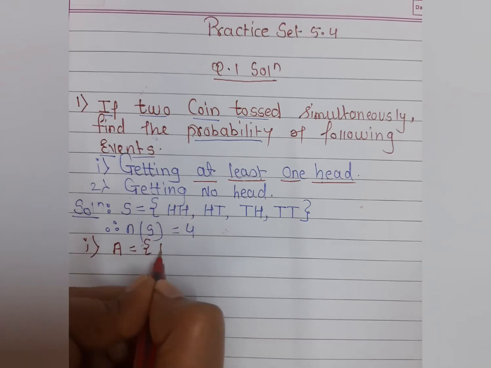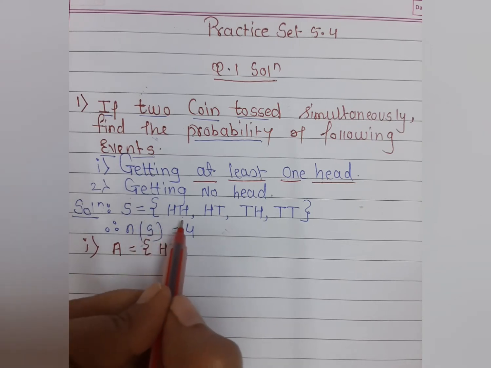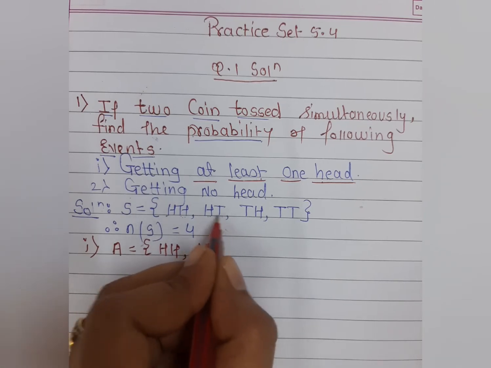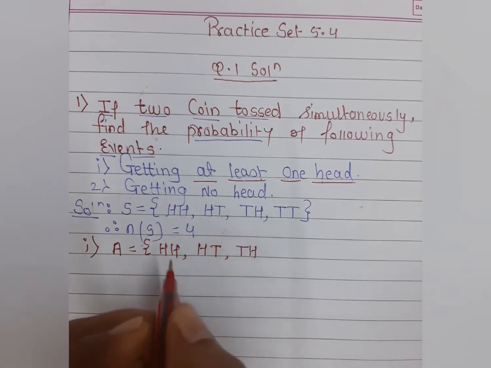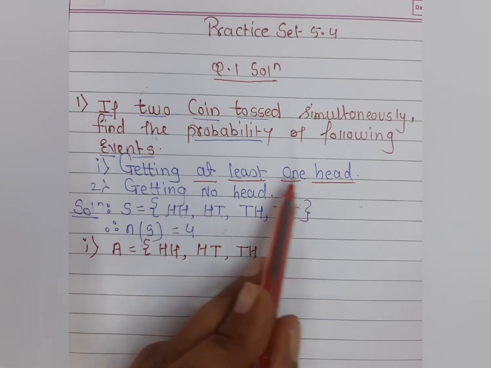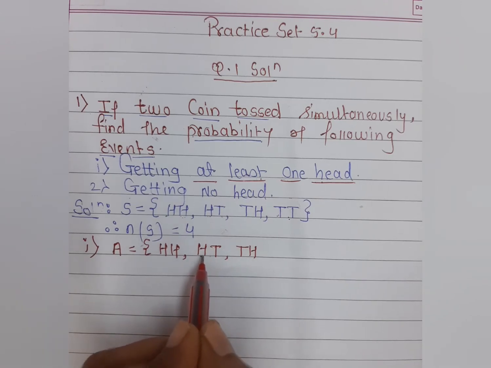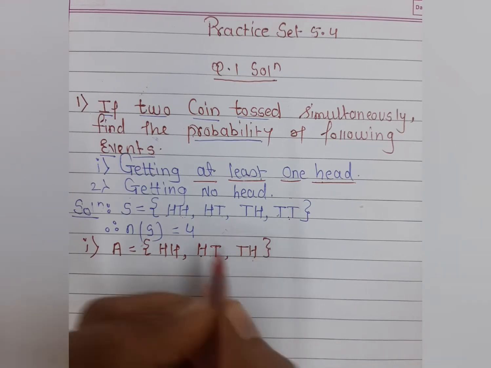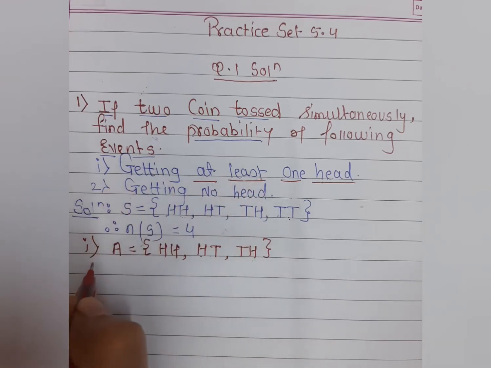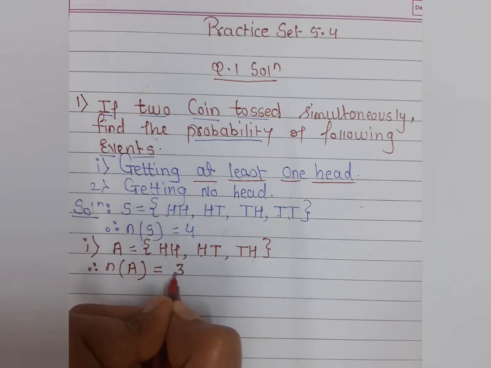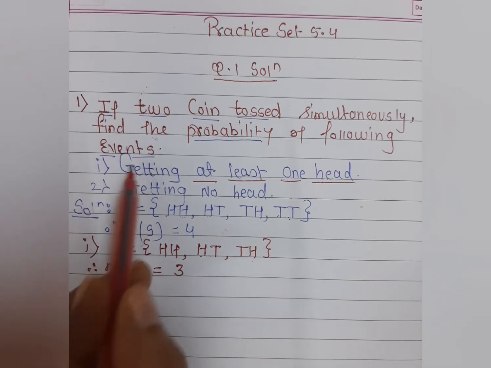So here in the first condition we have two heads, so we can consider at least one head, so we have the two heads here. In this condition the second one is also head and tail, here is also tail and head. So students, we can't take this TT because no head is present here and we want at least one head. In this condition one head is present, in this condition one head is present, but here more than one head. That is exactly what the question is asking. So the number of possible outcomes of event A is how much? 1, 2 and 3. So here is the solution of the first condition.